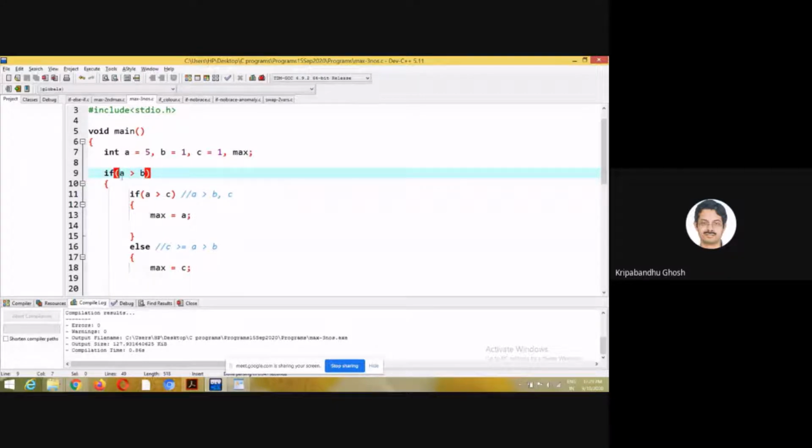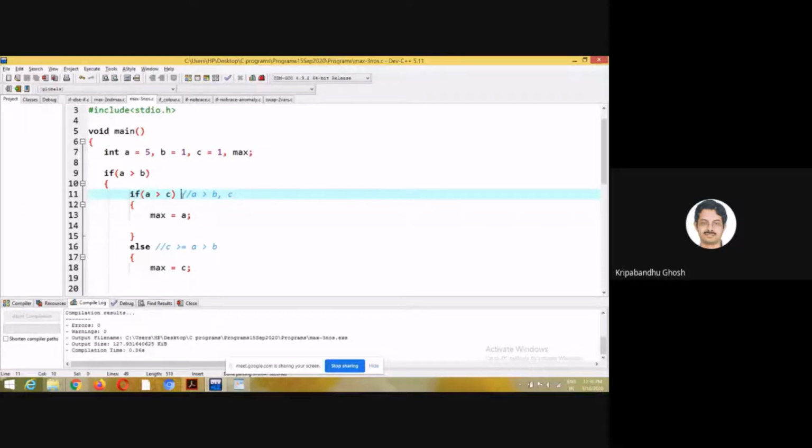I need to find the maximum of A, B, and C. First, I see if A is greater than B or not. If this is true, I already know that A is a candidate to be the maximum. I could have stored max equal to A here, but let's do the final and confirmatory test.